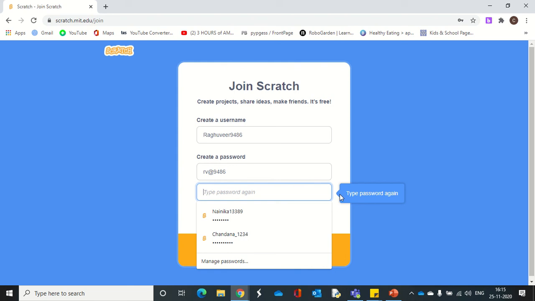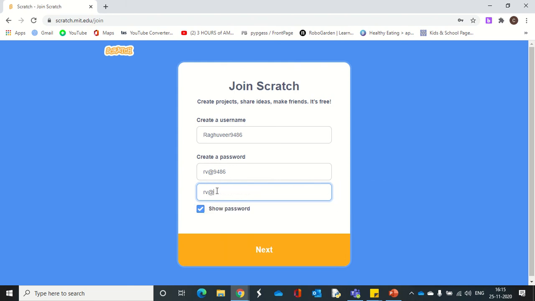and then it says type password again. Whatever you have typed here, you need to repeat the same. So make sure it is the same. If it doesn't match, it will not help you to create your account. Okay. So you can just cross check, quickly write this down because this is very much necessary from the next time onwards whenever you sign in.